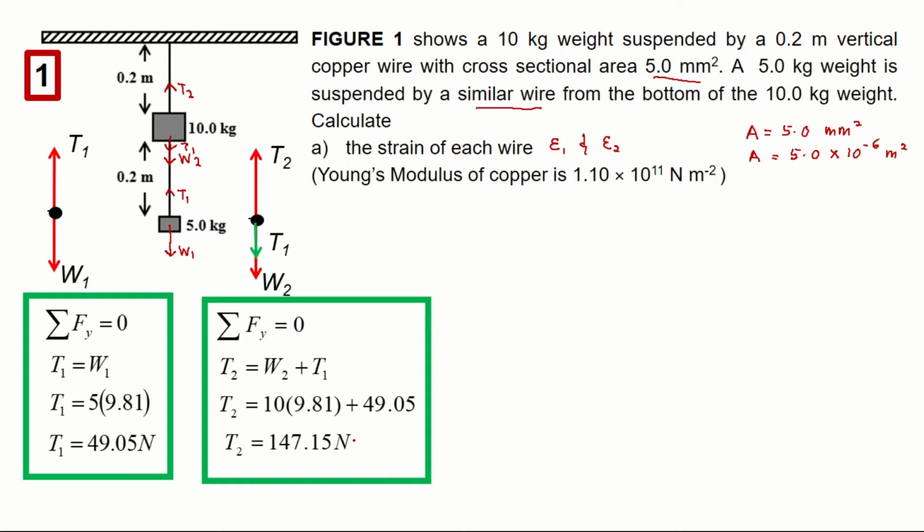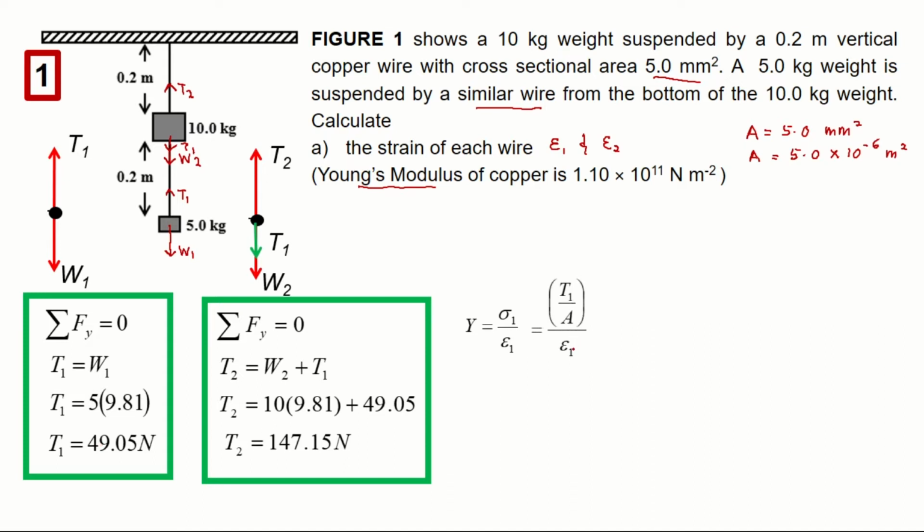So now we can calculate the strain for each wire here, epsilon 1 and epsilon 2. We can use the Young modulus equation. Young modulus equals to stress per strain, right? First calculate for wire 1. Young modulus equals to stress 1 divided by epsilon 1, strain 1. Stress equals to force per area. Force 1 is T1 here, so T1 per area A,